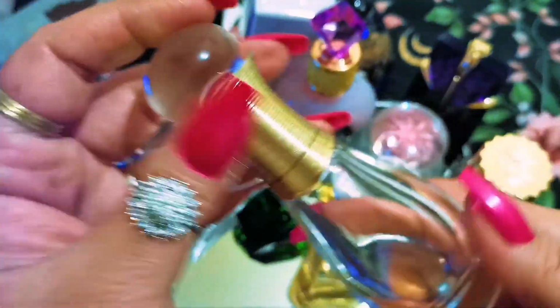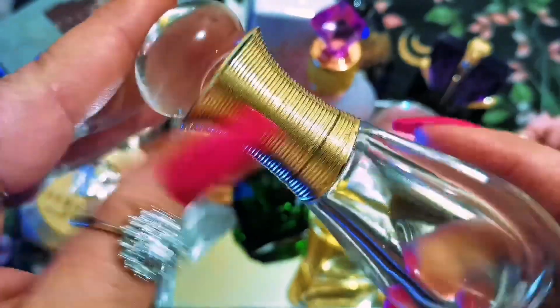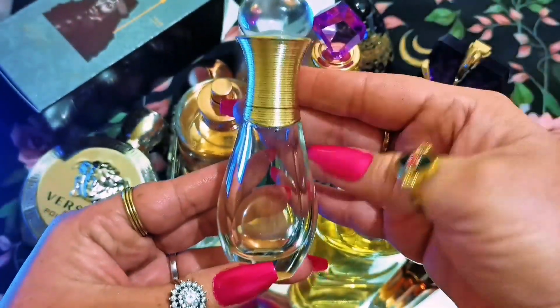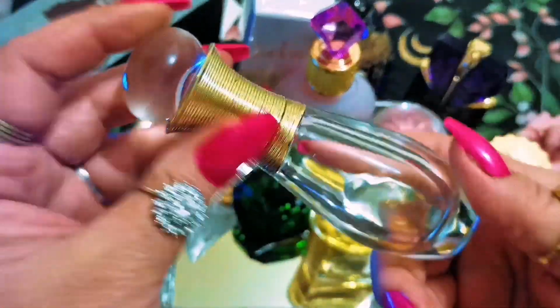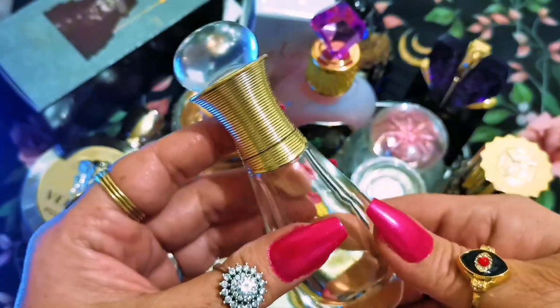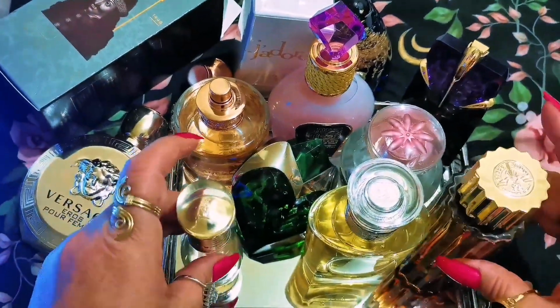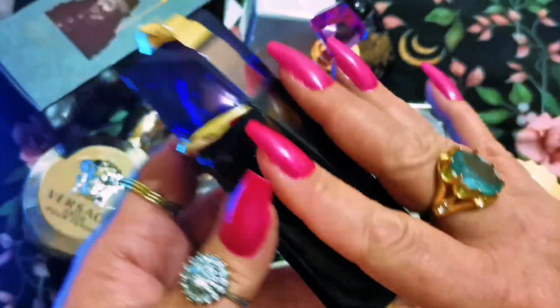That is the fourth bottle that I've chosen that superbly demonstrates aesthetics. On the counter, superb, eye-catching, gold, luxury, long neck, lots of pride and glamour. Yes. And then we're going to move on to Alien by Mugler. Oh, yes,